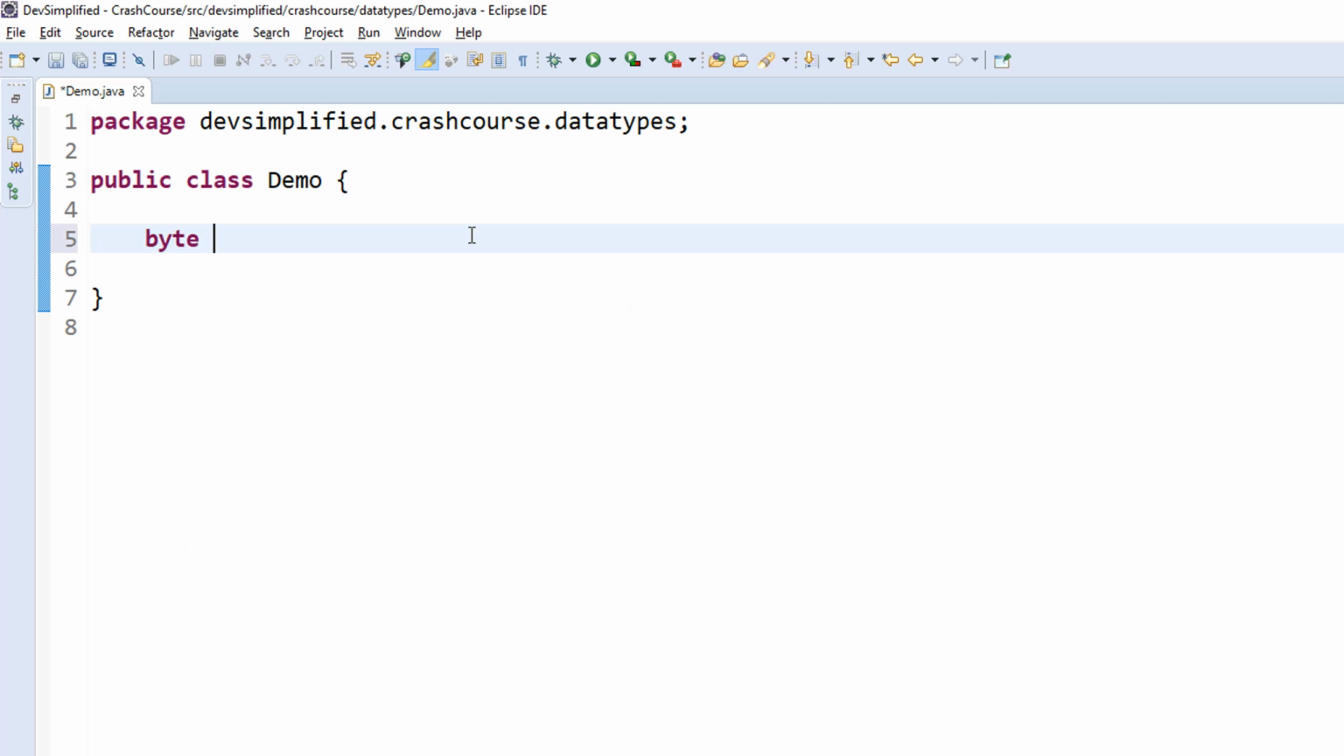There are certain rules which need to be followed while naming the identifiers. Let me split those things into do's and don'ts. The first rule is the identifier should not start with a number. Let me create a variable of data type byte where the name starts with a number, 1 first name equal to 20. So you can find there is a syntax error which states to remove 1 from the variable